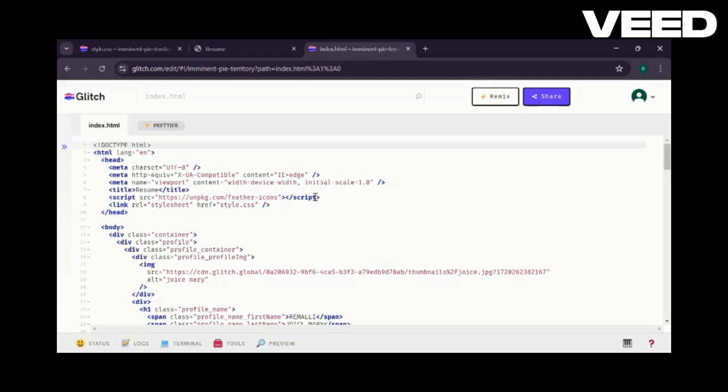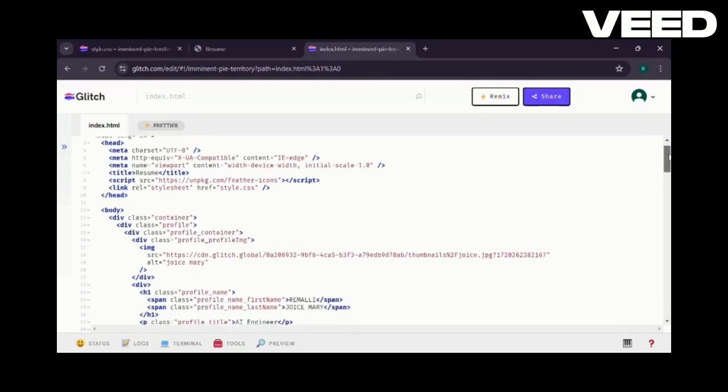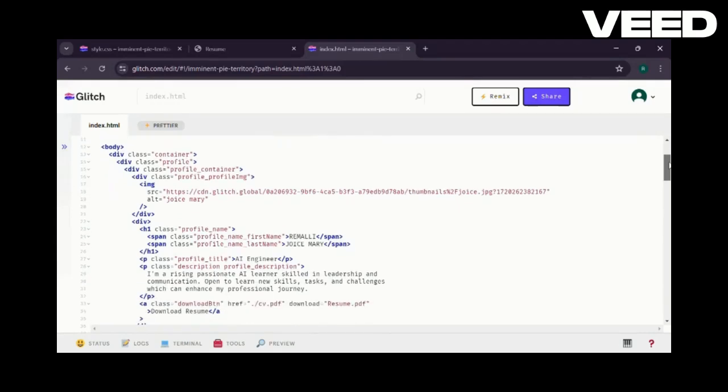Title sets the title of the document, which is displayed only in the browser tab and not in the document itself. And different scripts are used, and link rel equals stylesheet, href equals style.css, which links an external CSS file for styling the HTML document.